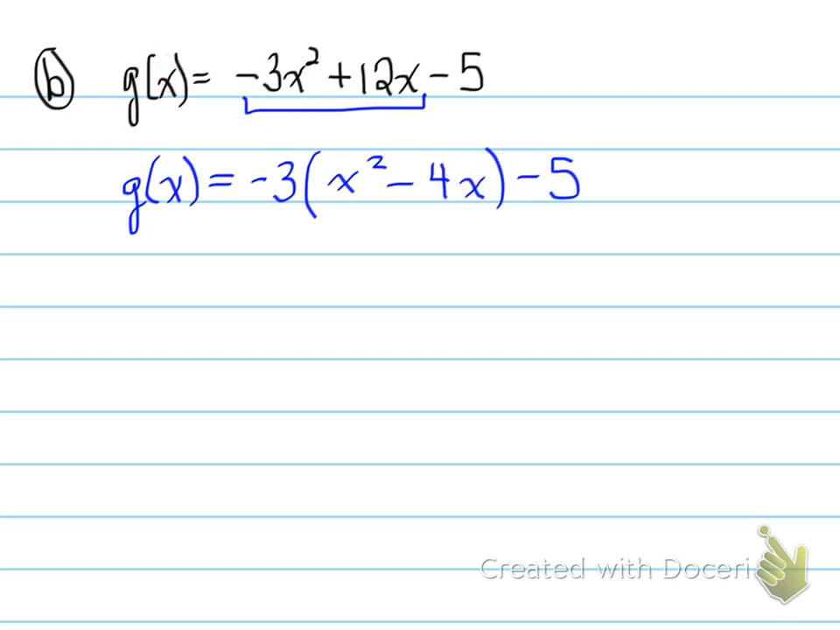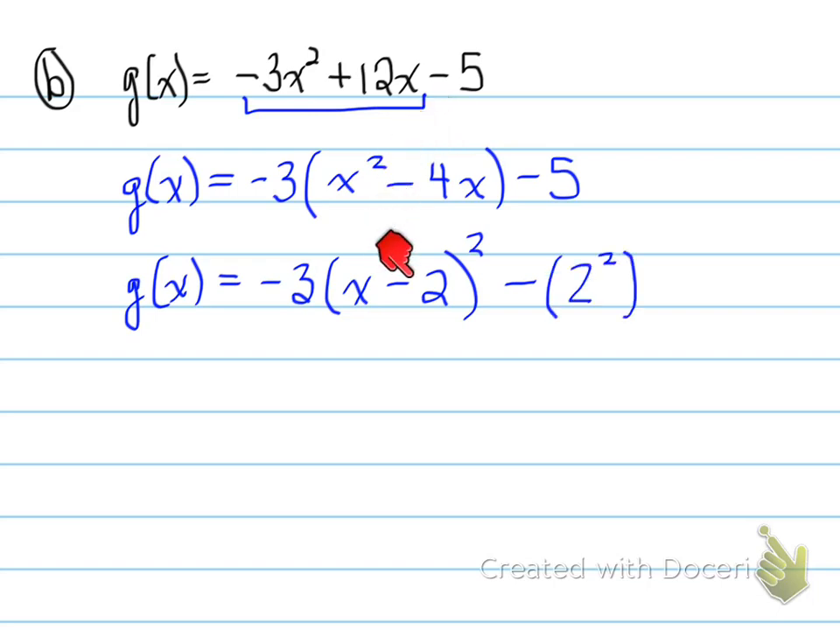The next step, what we have to do is take this piece, now this piece especially, and perform our little bit of magic. That is the negative 3, and then we have x minus this number divided by 2, which is 2, squared, minus, now what's next? That's right, bracket 2 squared multiplied by negative 3. And then we minus 5. So this is what we had: negative 3 times x minus 2 all squared minus 2 squared times negative 3